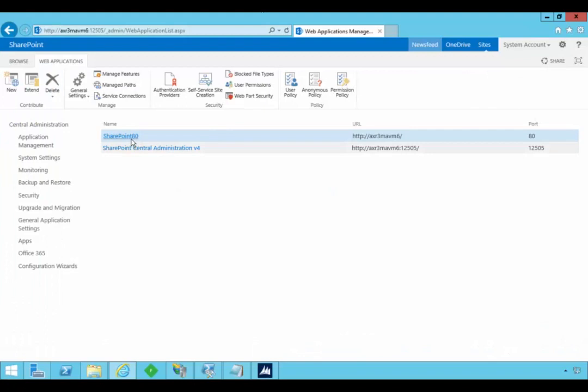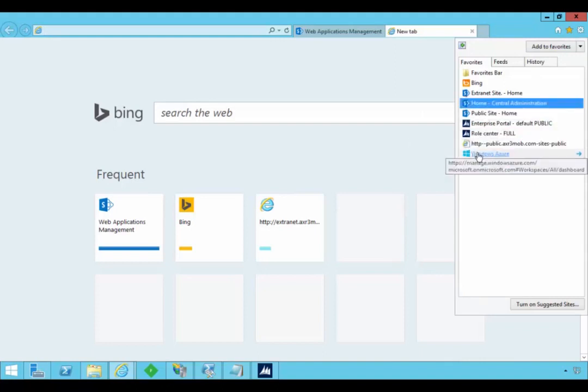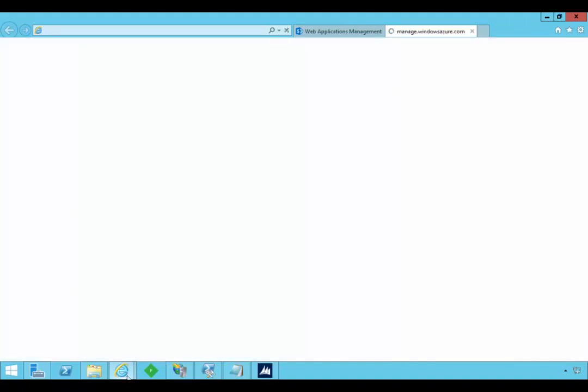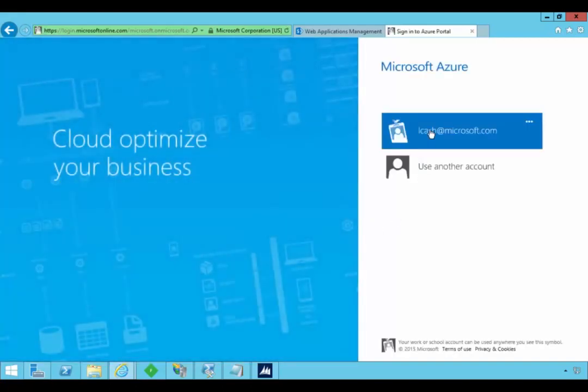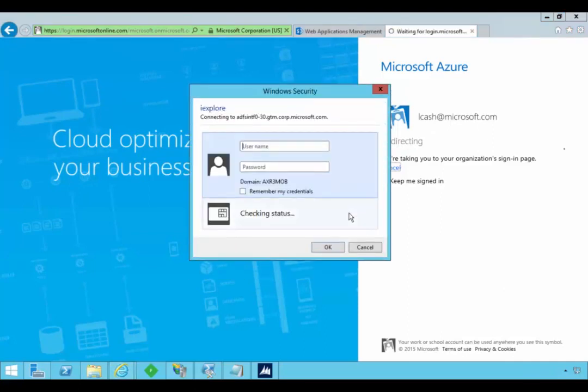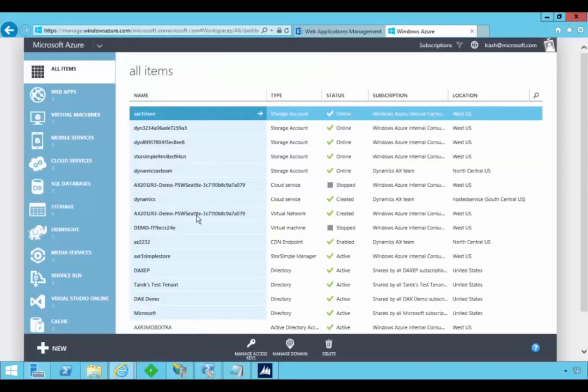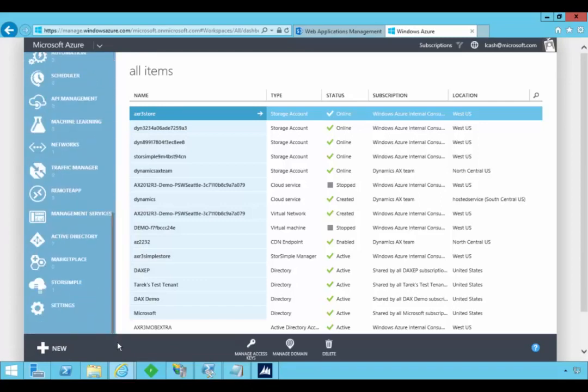So we do that by going over to our Azure administration. So I'm going to go up to Azure. And so I'm going to log in here. So I'll just pause it while... Okay, so this is my Azure Management Portal, and what I want to do is come down the bottom to